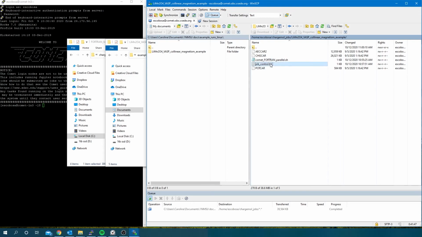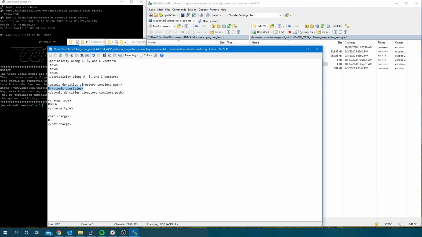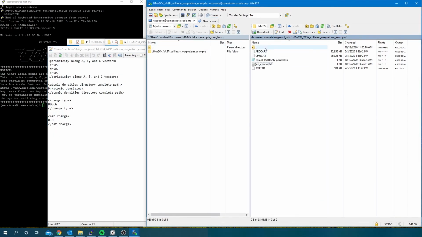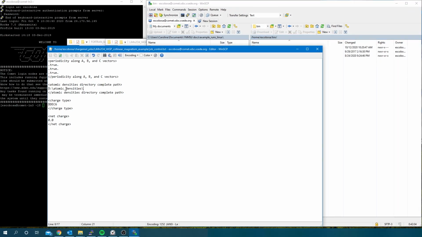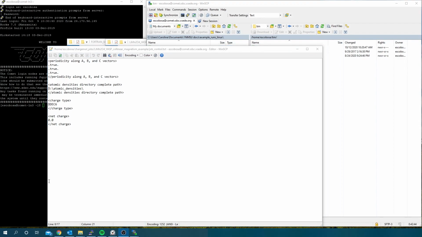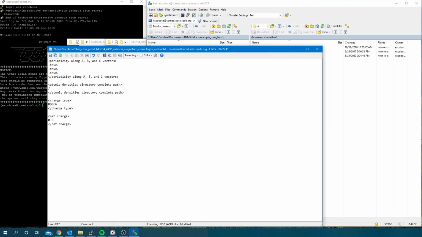Then, open again the job_control text file and modify the path name to locate the atomic densities folder. In my case, it's in /home/my_username/bin/atomic_densities/.